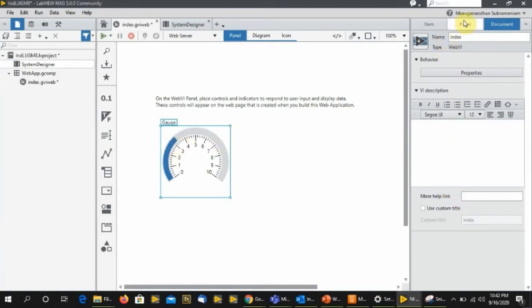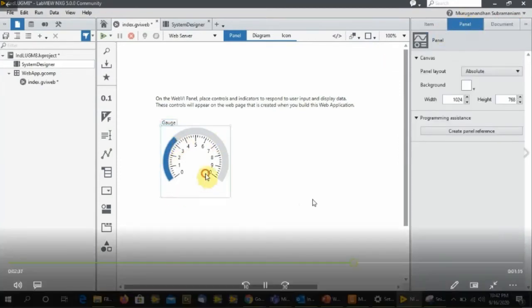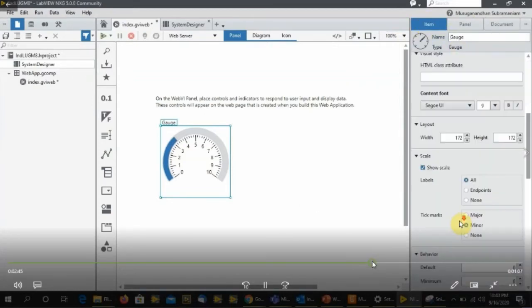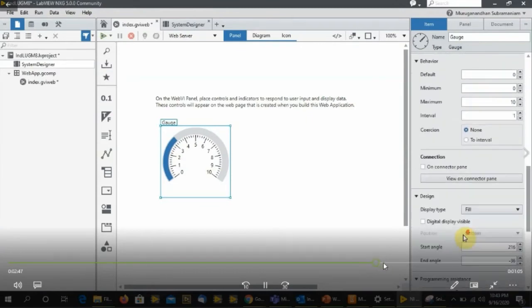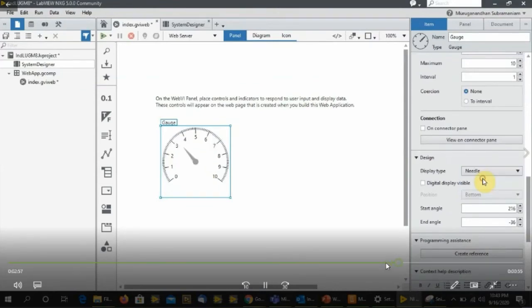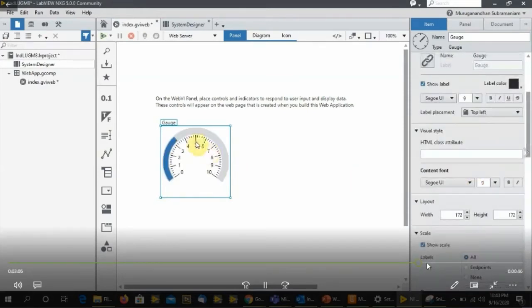Here we have a lot of options to modify if you want. These are all highly optimized, so we can modify and use them based on our requirement.